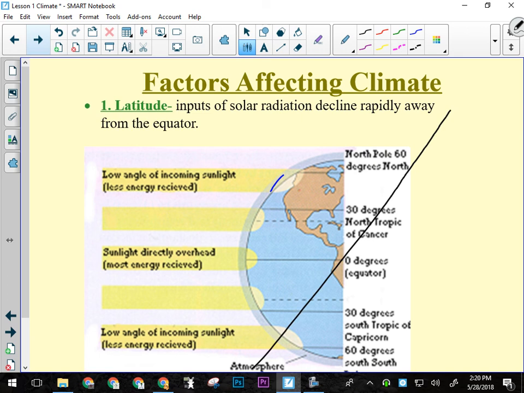Because in the winter time, for us, the Earth is tilted like this. We're tilted away from the sun. So now, instead of being here, we're way up here. So is that same amount of sunlight spread even further out? Even further out. And remember, the sun only hits us when we're over here on the sunny side. The Earth is spinning like this, around its axis, so we don't get into the sun very much,